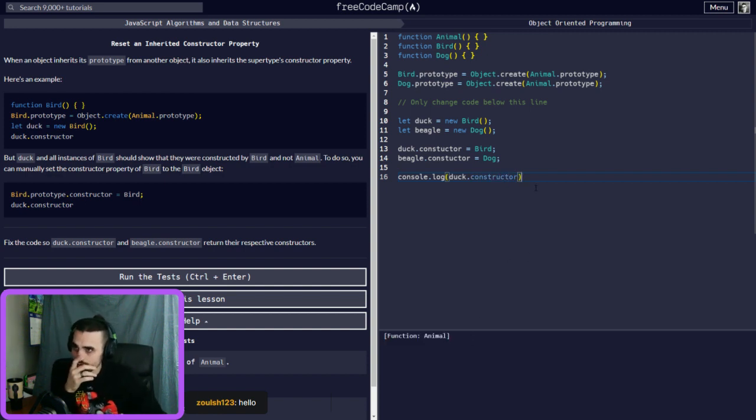All right, so we have to do the prototype. So we have to make sure the prototype of it is set to bird, because that's where it's at. If you put it inside here, it's going to change when you do a prototype. So we're changing the constructor there.